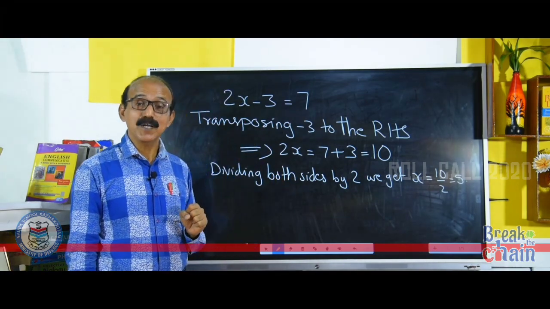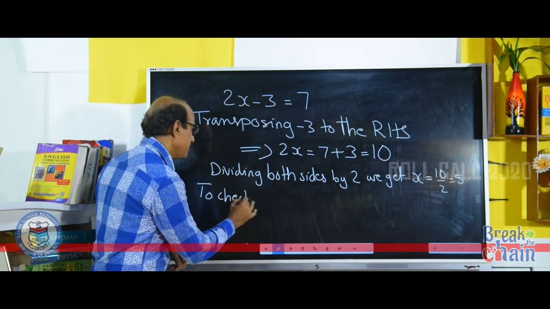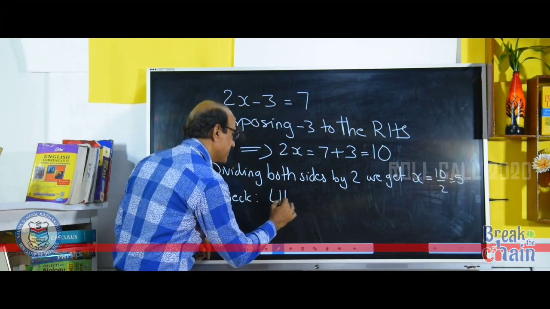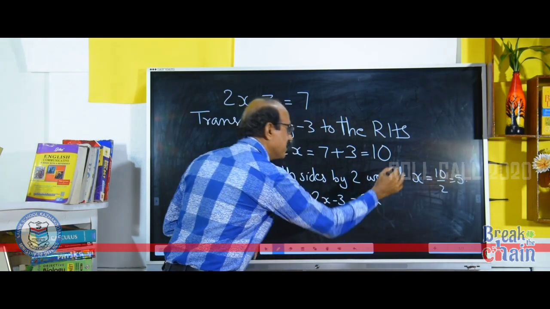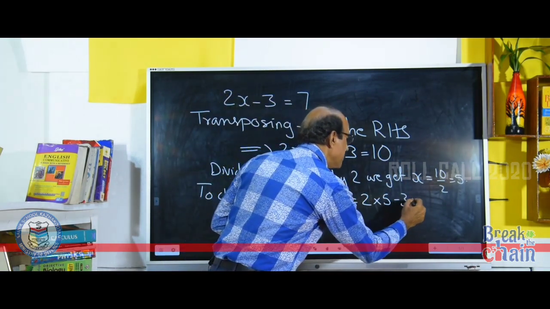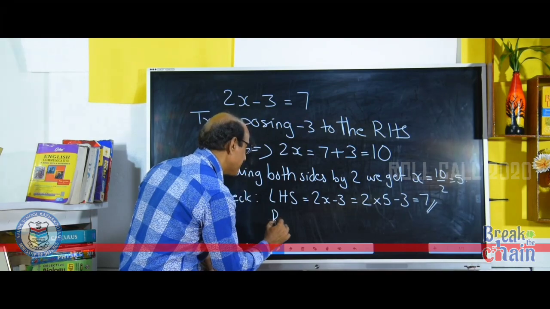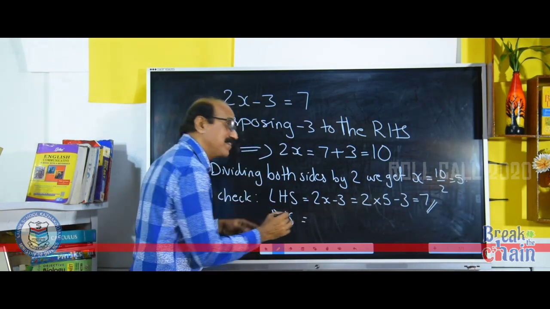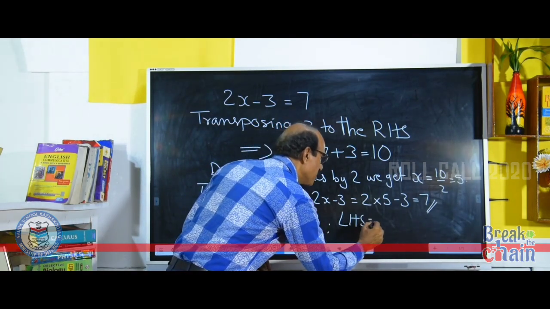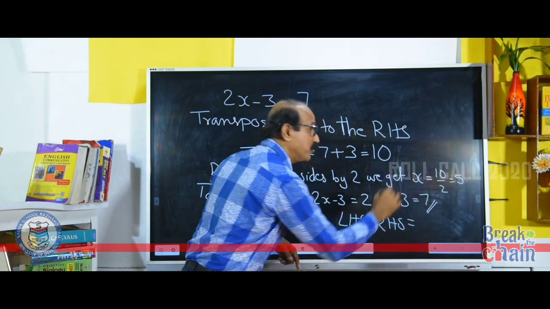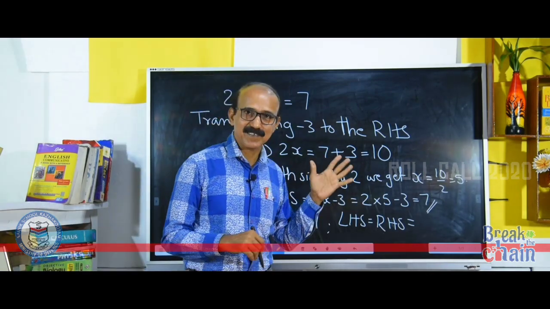I am saying it's correct, but how do you check it? To check this particular solution, what we do is, we take its LHS, left hand side of the given equation, and here it is 2x minus 3, and replace x by that particular answer 5. Then simplify, you will be getting 2 into 5 minus 3, 10 minus 3, that is 7. Now see its RHS. What is RHS? RHS is also a constant which is equal to 7. So in this case we came to know that LHS equal to RHS when x equal to 5. It shows that the answer you found is correct.